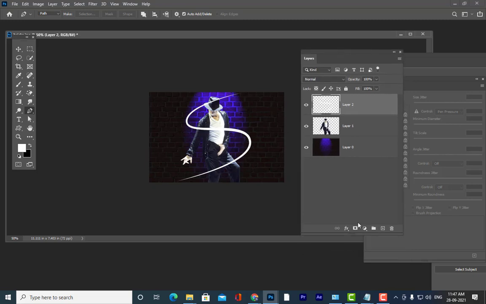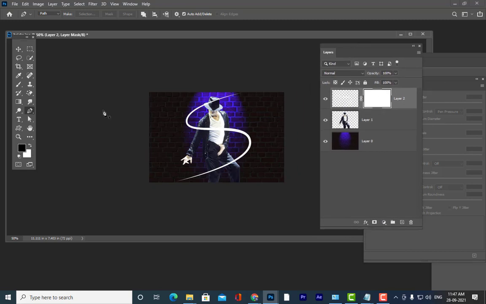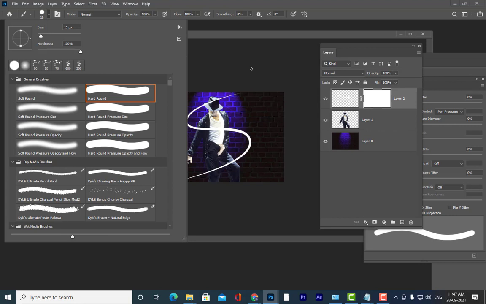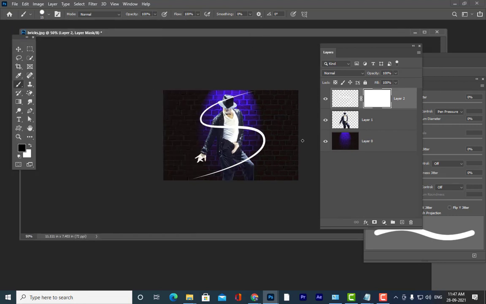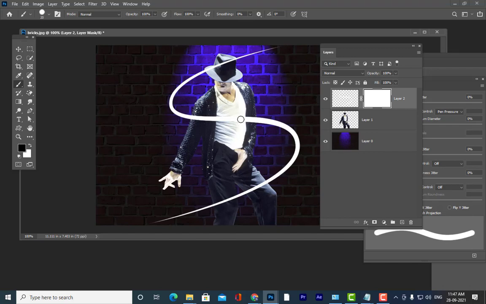So I'm going to apply a mask, select the brush tool, and erase the part that is going over Michael Jackson's body, so that it appears as if it is coming from behind him. Is it clear, all of you? So something like this I have created.